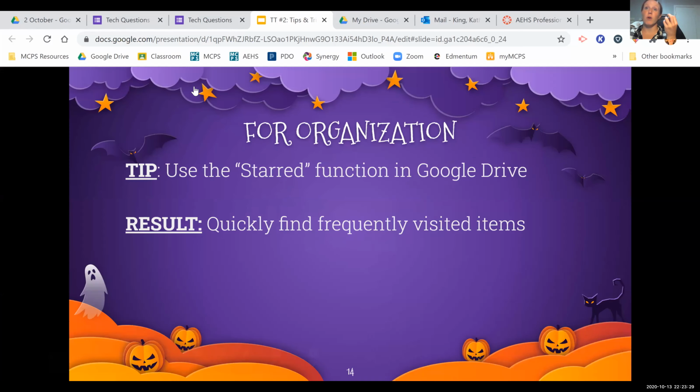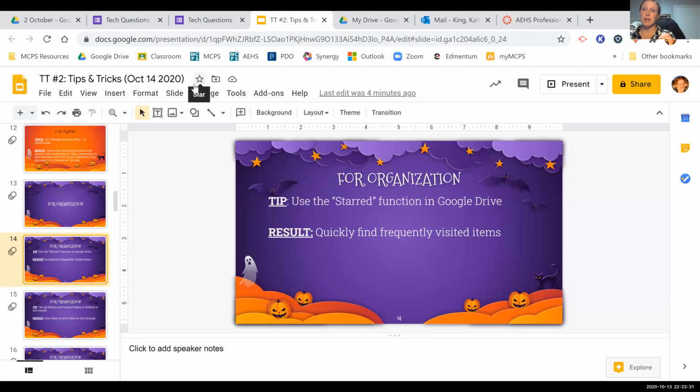And so within, if you are in the slides, for example, there's always a star icon here. And if you click on that, it then illuminates and it is now in your starred folder. So if you go to your drive,